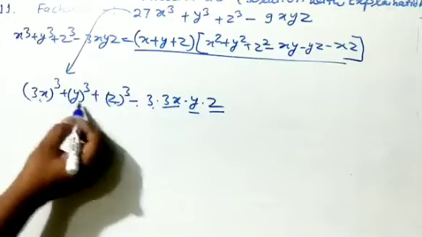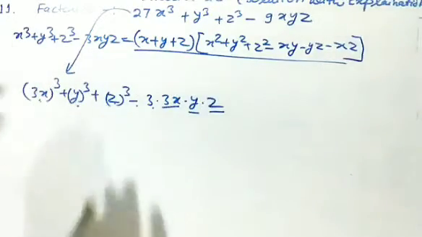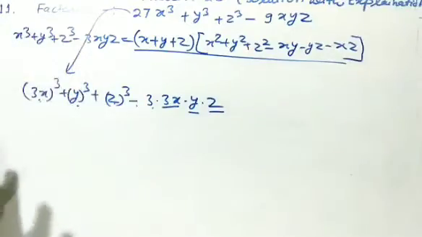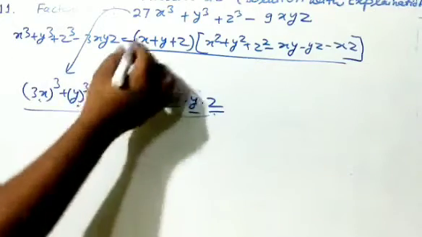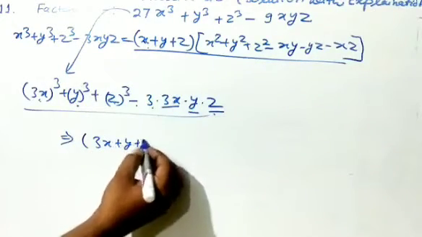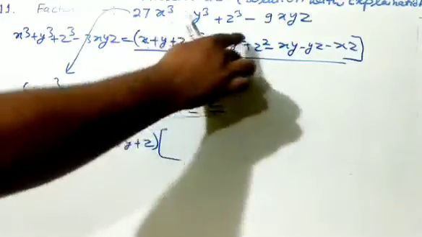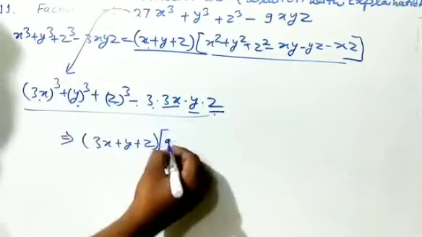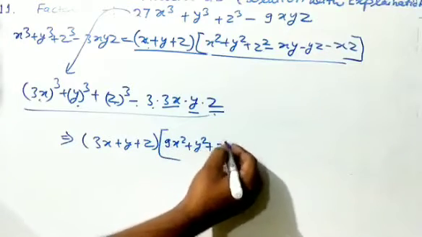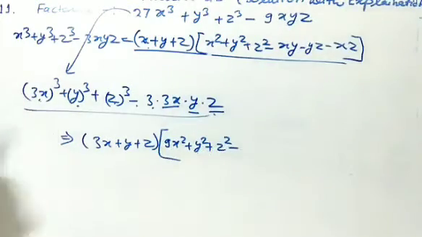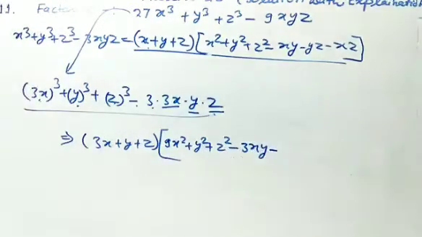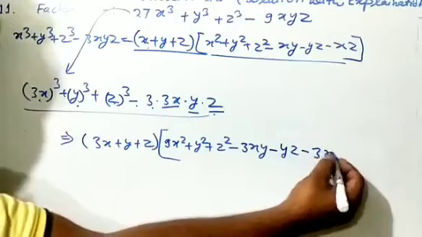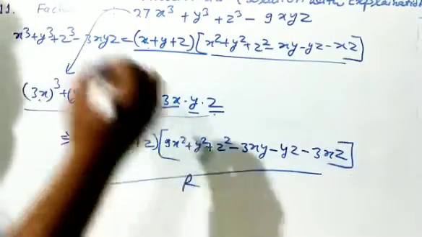So we can apply this identity. What is x? It is 3x. y is as usual the same, z is the same, only we have to change x, which is 3x in the given question. Okay, so apply this formula: x is 3x, y same, z same. x square means 3x square, 9x square, y square is same, z square is same, minus xy, x is 3x multiplied by y, so it is 3xy, minus yz, both are same, yz, minus xz, x is 3x and z, 3xz. This will be your answer.